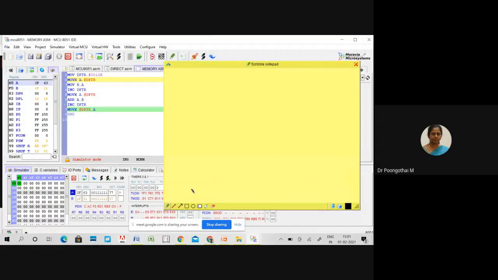So we have two 8-bit pointers, R0 and R1. Only two instructions are available, that is MOVX A, @R0 and MOVX A, @R1. Here the size of your external memory address is 16-bit. It has 4 digits.